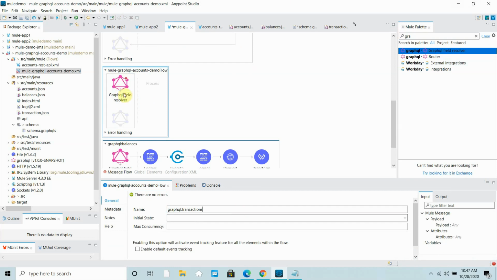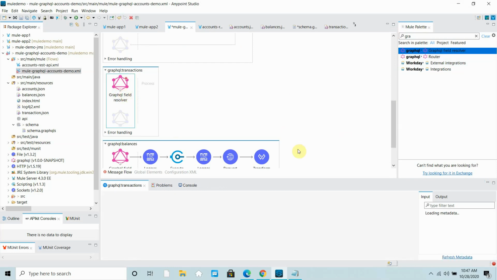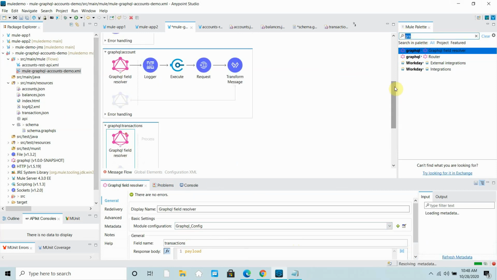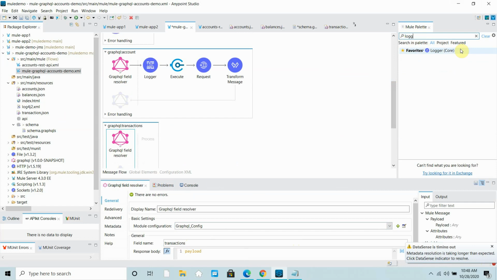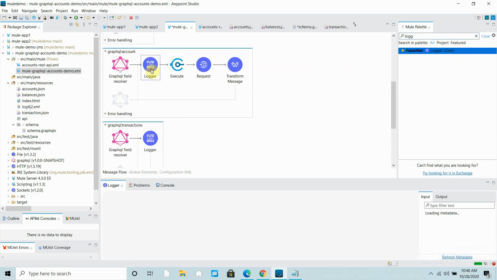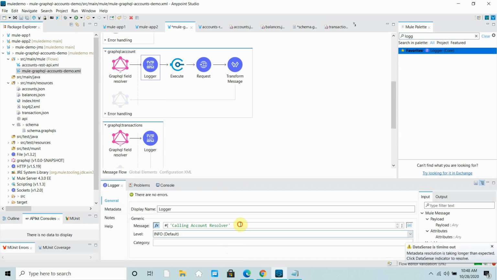Then I will start configuring my GraphQL. I will use the same GraphQL config. This time, the field name will be transaction payload. Yeah, that's fine. Then I will use a logger. I will copy the content from this particular logger.